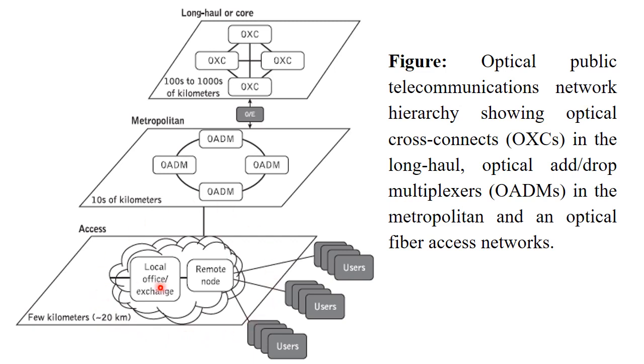And if a person wants to communicate between two who are residing in two separate continents, then it has to traverse through all this. For example, the user over here to the remote, then via the long haul network which will be connected to some other network, and then it will reach the user at the other end. So this is the hierarchy system we are going to have in the optical network.